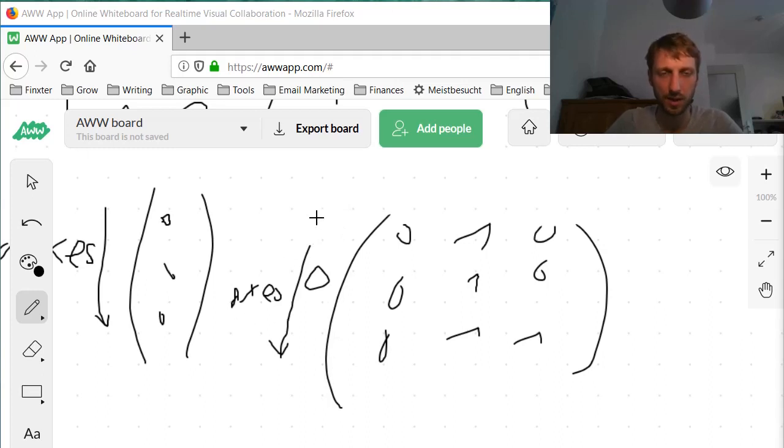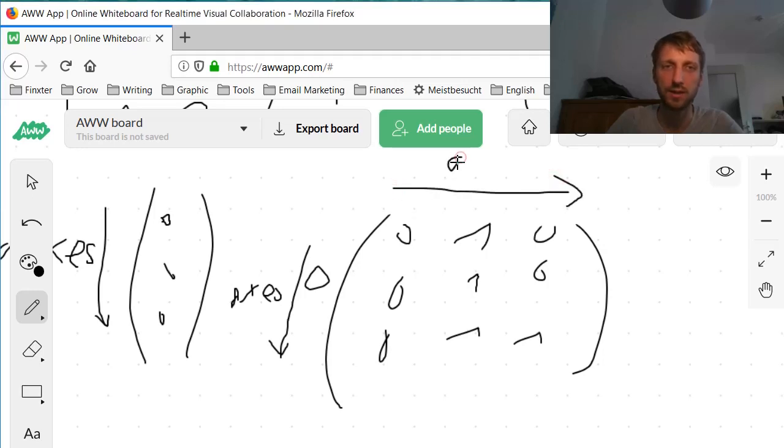The number of rows is usually denoted as axis 0 and the number of columns as axis 1. Then of course we can have multi-dimensional, higher dimensional arrays or matrices,